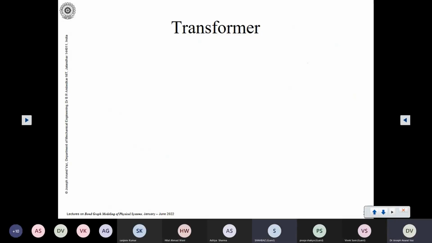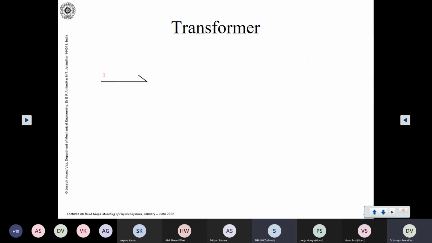Now let us take another very important element, which is the transformer. We have just two more elements left, the transformer and the gyrator. Then we complete all the 9 elements of bond graph. So coming to transformer,